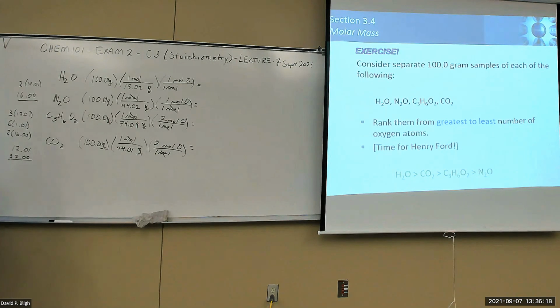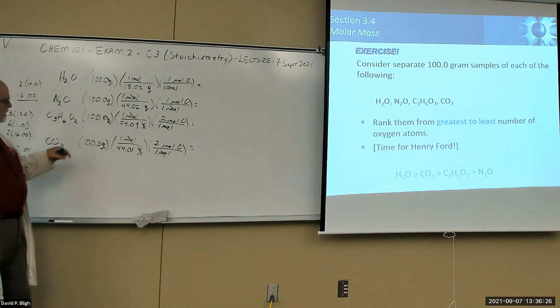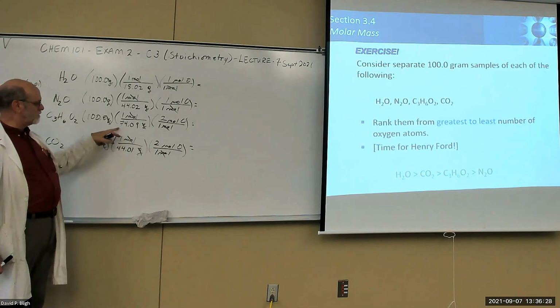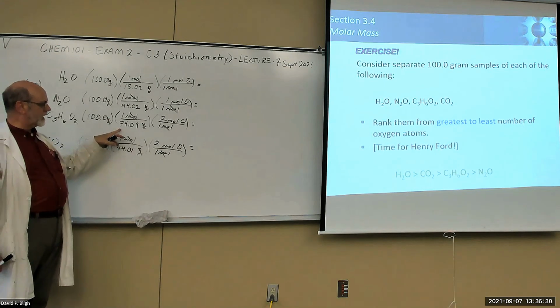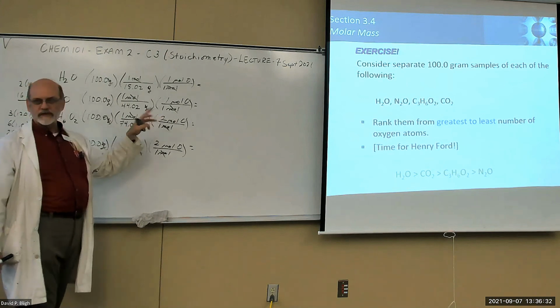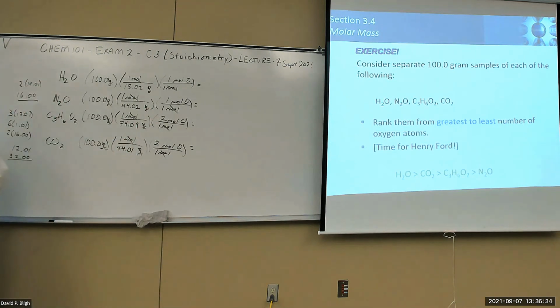Or you might be able to put in a sequence of operations. I think you can, as long as there's no parentheses involved. You can say 100 divided by 74.09 times 2 equals. I think they work that way now. Okay, but when you do that, you find out that